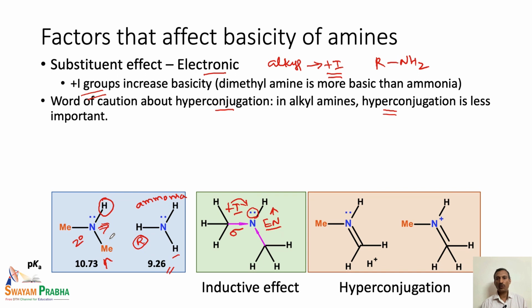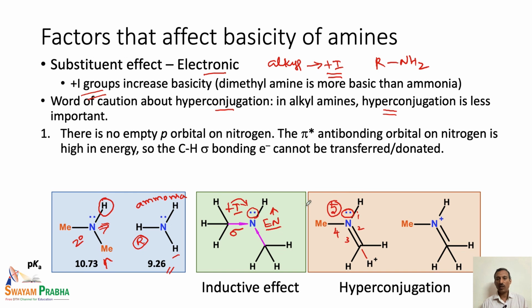Why can we not use hyperconjugation for the stabilization of these amines? Hyperconjugation happens because of the donation of bonding electrons, in a no-bond formation. Here, the bonding electrons from this hydrogen are donated to the carbon-nitrogen bond. So what happens in this case? We are going to have 2 electrons on the nitrogen, and 1, 2, 3 and 4 bonds. In other words, we have a total of 5 into 2, 10 electrons on the nitrogen, which is quite an unstable species,